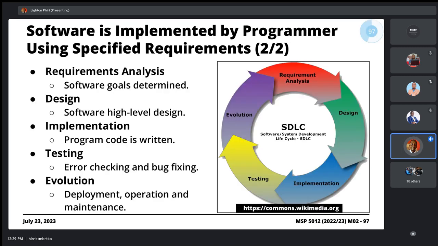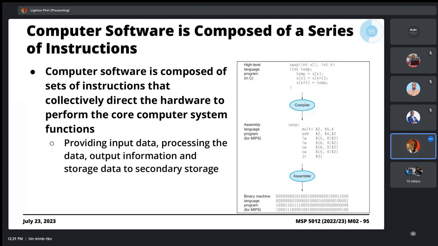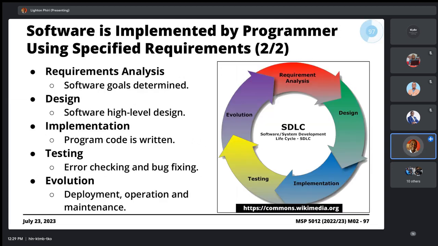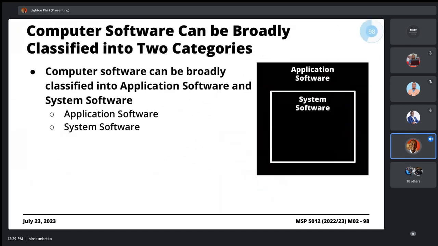Anyways, in as much as we are saying that software, irrespective of the type of software, is composed of instructions, and when you're developing this software, you use programmers who develop the software, and they use a notation which loosely is tied to a programming language, and additionally, there's a recommended process for developing this software. It turns out that this software can broadly be classified into 2 main categories. Okay, so we have so-called application software, which is what most of us use often, and the so-called system software.